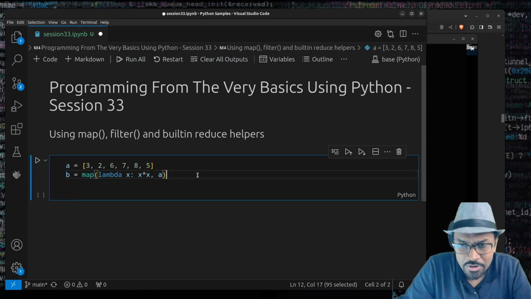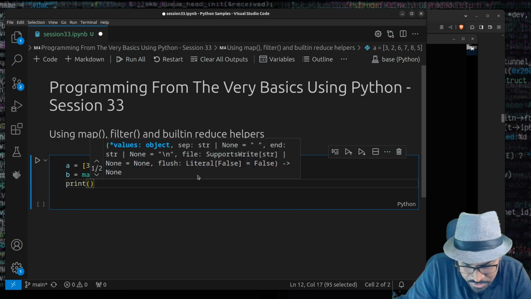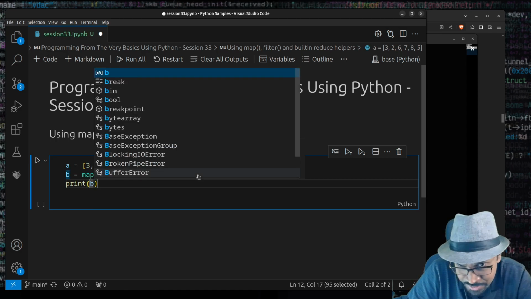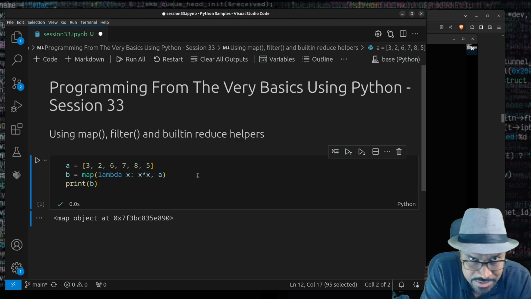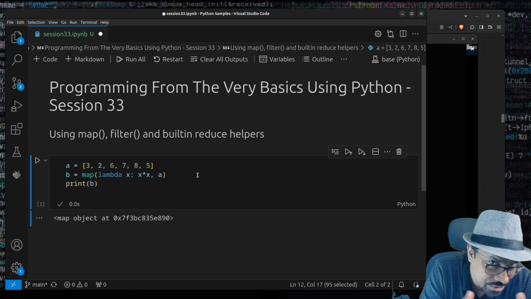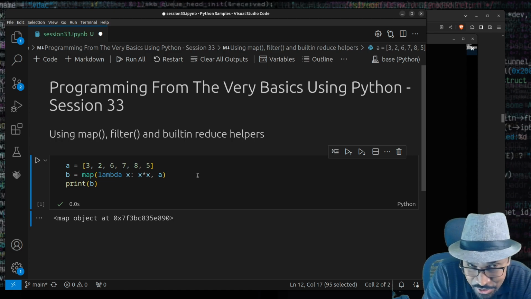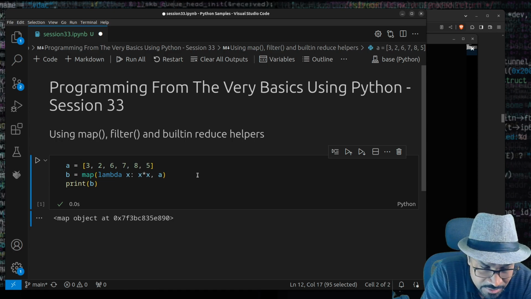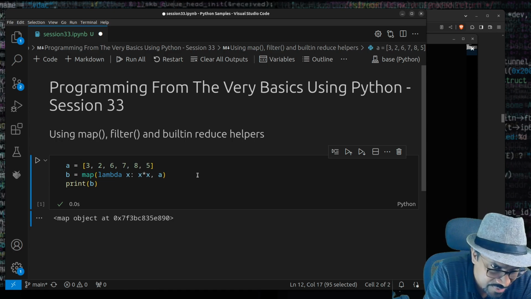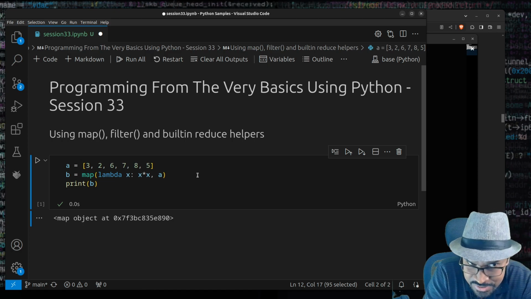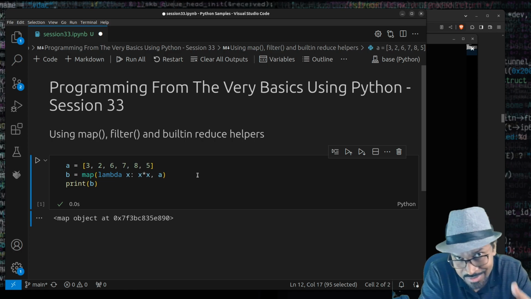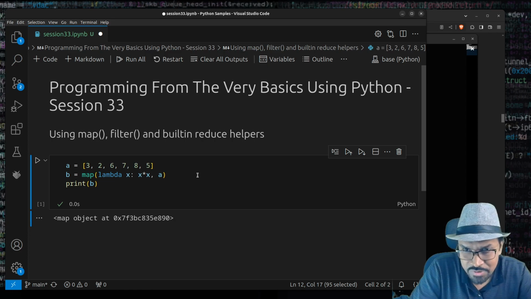So if I try to run this, in very old versions of Python, if you use Python 2, you will get a list of all that transformation being done. But now you get a map object. This map object is also a generator. Just when I talked about generators, I told you that many iterables that you find in Python other than collections, almost all the iterables other than collections that I've seen, implement a generator pattern, which means that they generate values on the fly when you start iterating over them. So only when I start iterating over b,